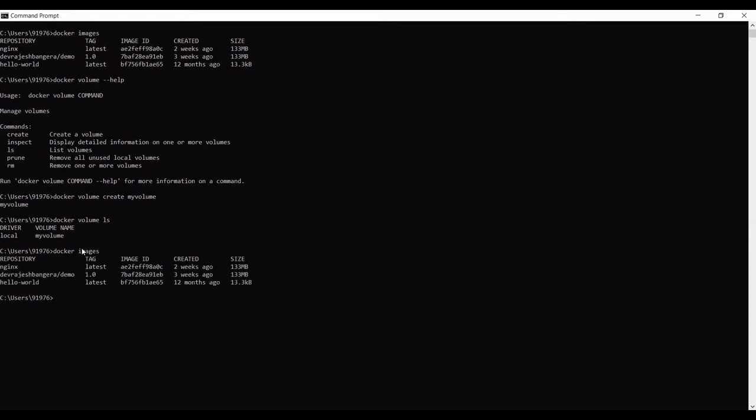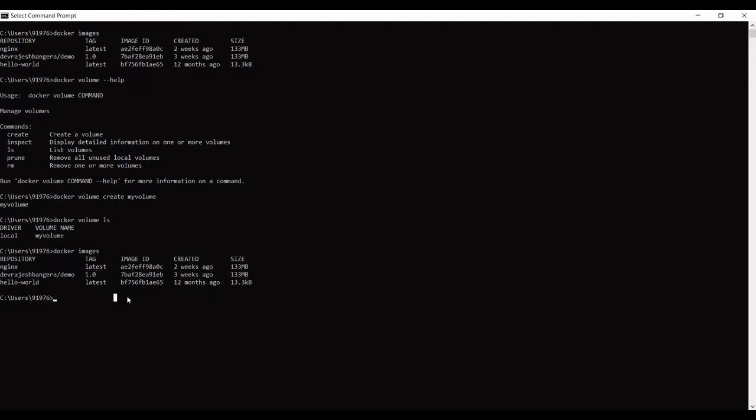So as I told you earlier, I have three images with me. I will mount this volume in one of the images. In the first go, I will mount my volume in this image, demo.